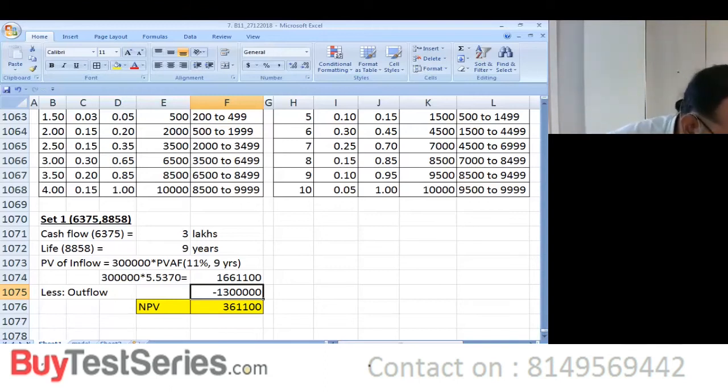Can you call out for the second set? It is 958 and 7893. 958, now, what is the cash flow? 2 lakhs, and 7893, 8 years. 2 lakhs for 8 years, correct? You might have to just repeat this exercise for 6 runs. I leave the problem right here. The other possible cash flows you can work out. Just NPV calculation, right?